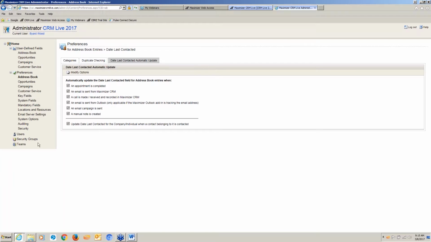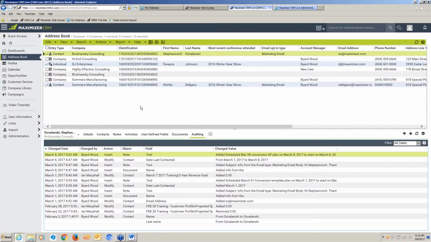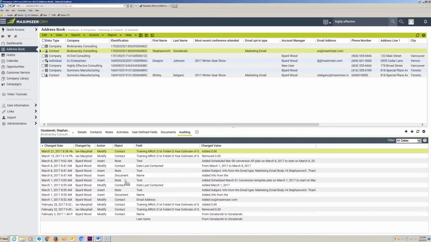That's kind of it. There's a lot of other things that are worth looking at in the administrator module. If you're responsible for it, you need to look at it. If you're not, it's a curiosity, and if you have permission, go in there and take a look, but be careful when you do. Now let's take a look at converting contacts to individuals, converting individuals to companies, and merging